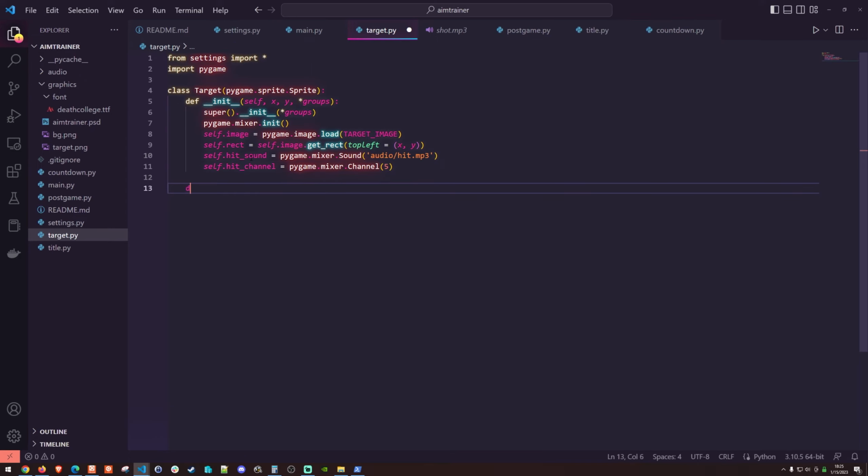Then I'll have an update function for this, def update, which takes self. And so here what I'm going to do is basically have a comment that says get the x and y coordinates of the mouse cursor and check for a collision. And if that is the case, then basically the player has actually hit the target, right? So x, y equals